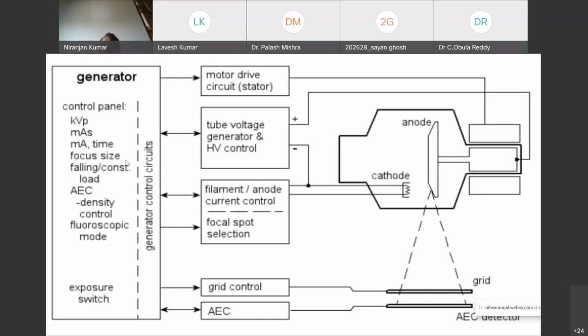Typically the cath lab is a moving picture, right? You see how the contrast is moving and where it is going. So those are called the fluoroscopic mode. So everything is managed by the X-ray generator. Okay,